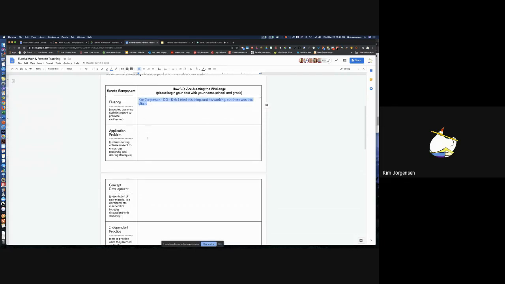Anyway, the more stuff that gets put in here, all of those suggestions that people were giving, they need to go here so everybody can see them. Even if something didn't go well, I tried this thing that Kim suggested, and it doesn't work. But does anybody else have another idea about how we could do this? So this is our collective place to share all of our ideas, a giant meeting place to leave stuff and to refer people to, because I know not everybody could get to see this today.